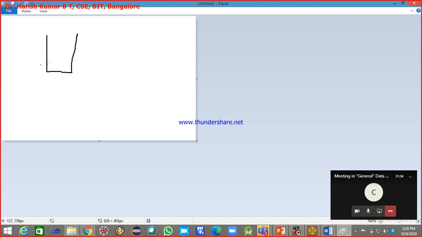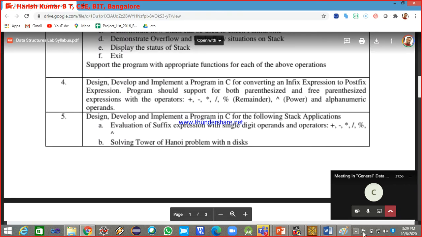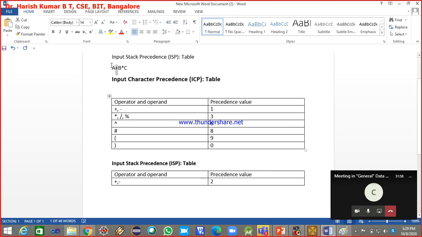Say this is my stack, and here I have a few things stored. Say there is an opening parenthesis here, and I have plus here. When I am comparing here, the input character operator is plus.